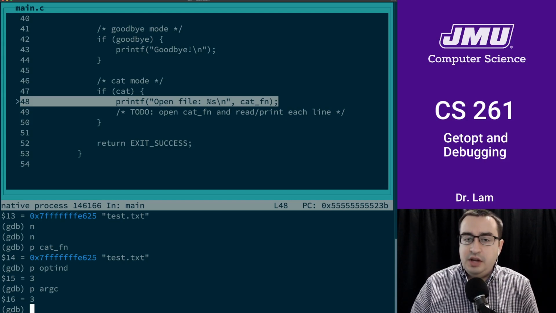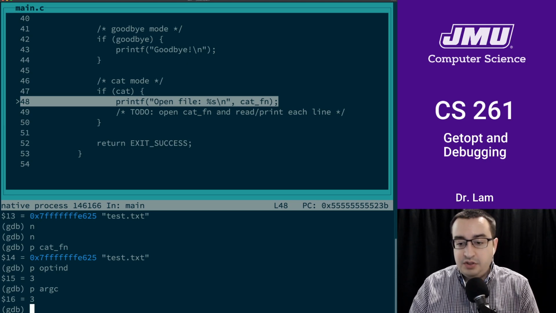Once you get to the other projects, that will not quite be the right thing to check anymore, because we will want a file name at the end. Because starting in P1, the file name is not an argument to one of the flags. It's actually a command line parameter in and of itself.